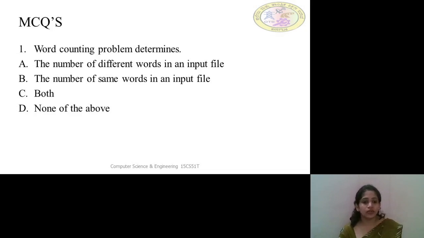We stated in the problem itself that word counting problem is meant to identify the different words in an input file. If the word is the same as the previous one, then the count will not be incremented. The count will be incremented only if we have different words. So the best suitable answer here is option A, that is number of different words in an input file.